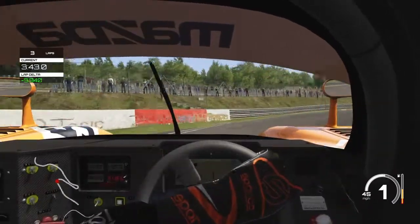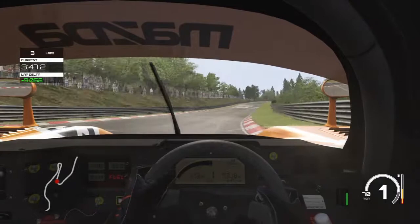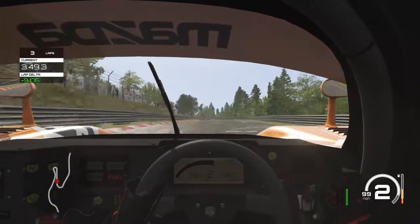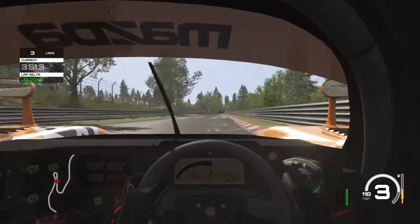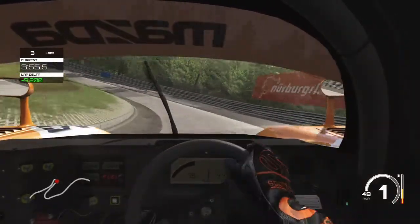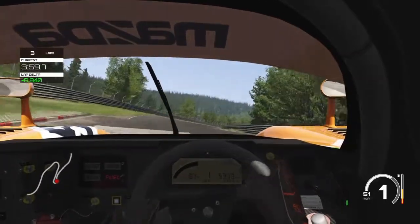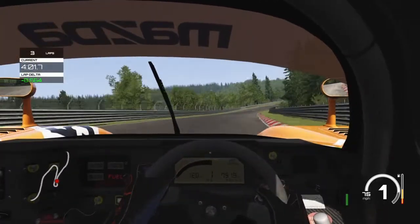And again, the rear wants to snap loose, catch the curb, nearly pushes us into the wall, but we collect it all up and carry on towards the carousel. Going to take the carousel as normal, down to first gear, and just nice and easy, around about 50 miles an hour nearly, just nice and easy in, pop out the other side, get on the power, and you can